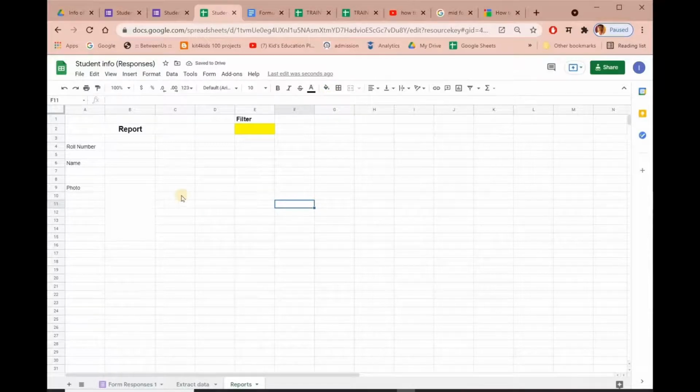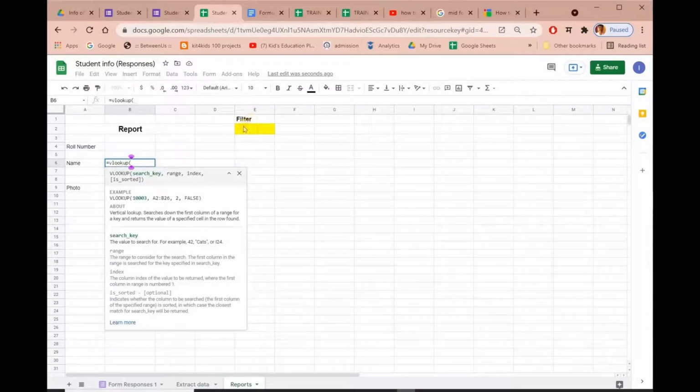Okay, now we'll use the VLOOKUP formula to get the data from this extract data sheet. For that, equal to VLOOKUP, and we are looking for this roll number.